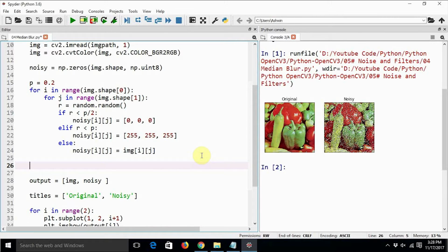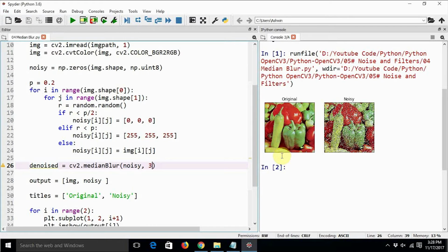This noisy image will be the input for the median filter. So denoised equals cv2.medianBlur(noisy, 3).